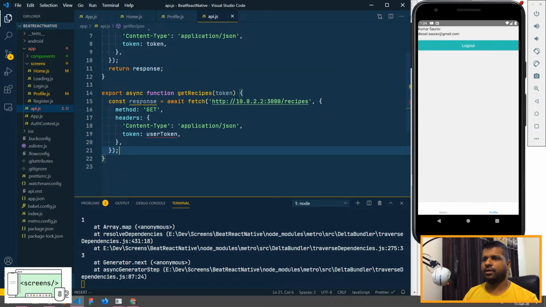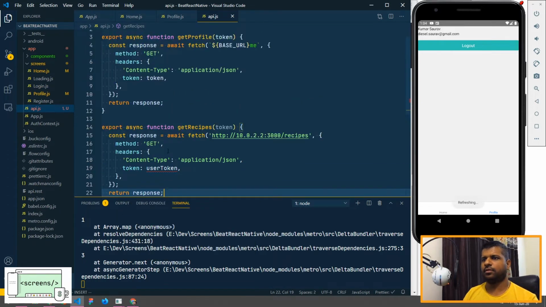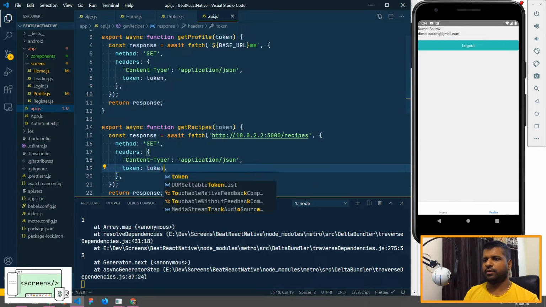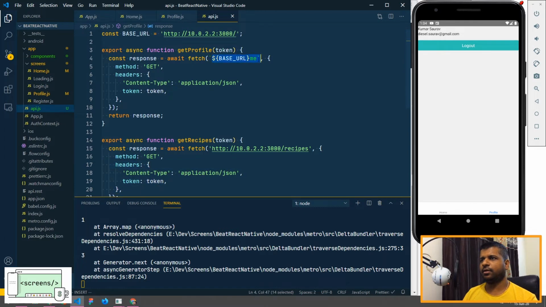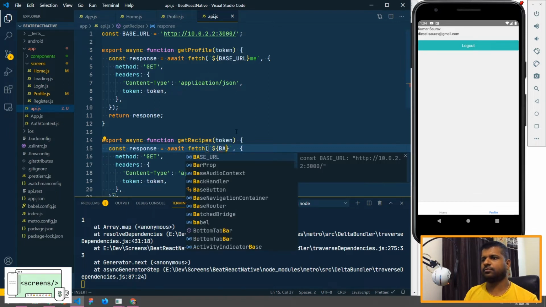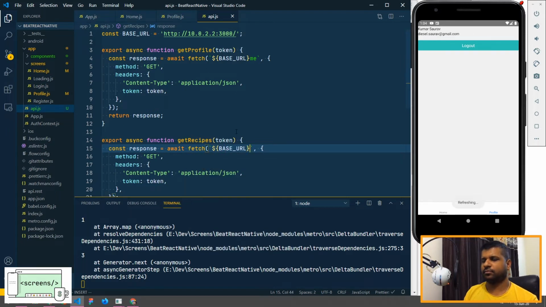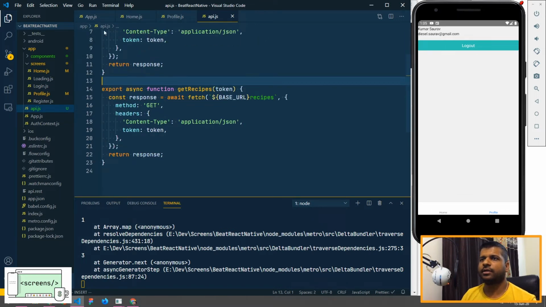Okay, and then we'll return the user token. We'll take token here and it will be recipes. Okay, cool. So now we have moved out the get recipes as well.